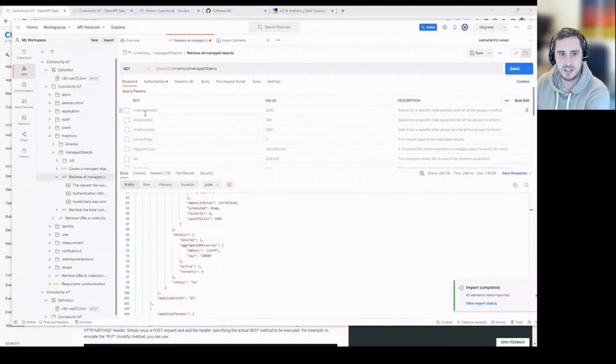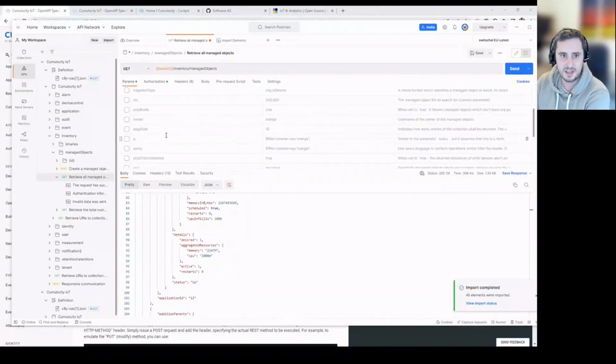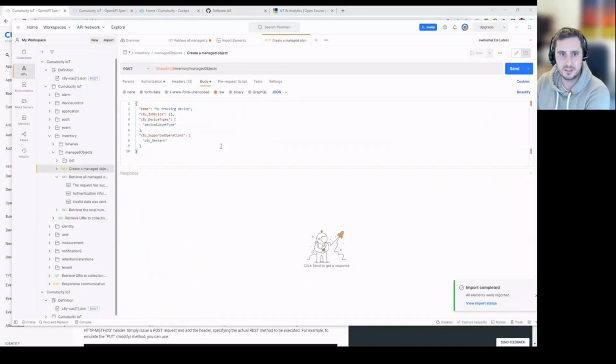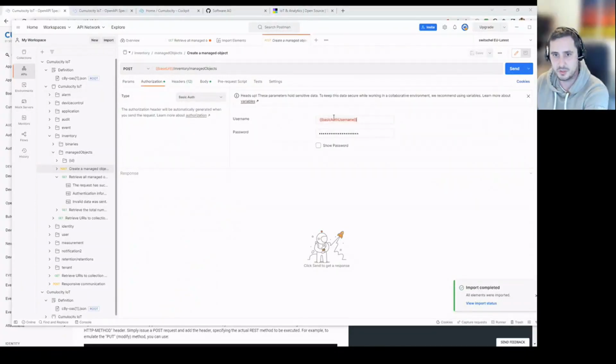They are all deactivated, and I can see the ways to filter my device so that I can filter by owner. I can define a query here, so I can just play around with it. Also, if I want to create a new managed object, I see already an example payload here. Again, I just have to enter my name, my username,